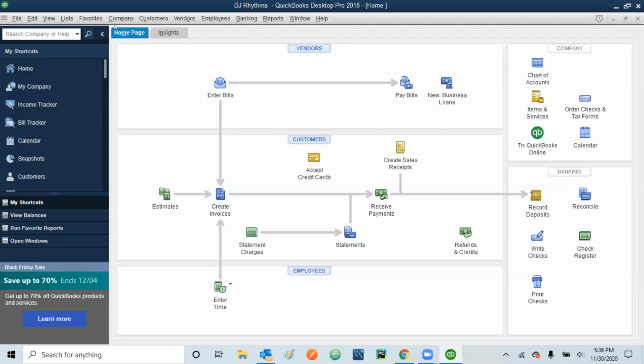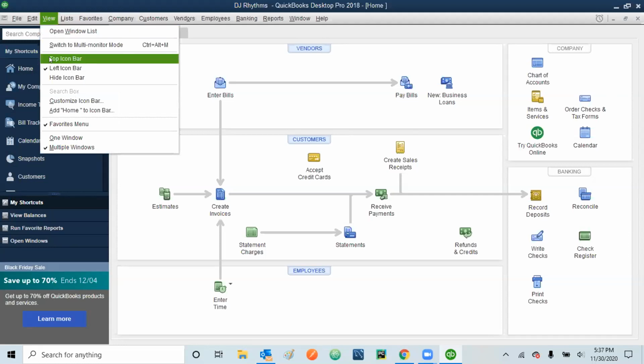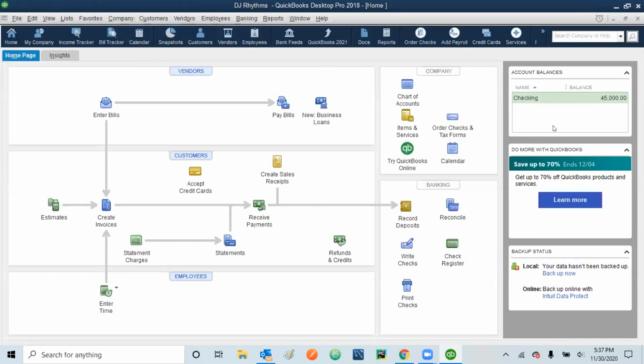If I move them on the top, on my right side, I can see my balances. So let me put the icons on the top. Now you can see my balance and everything appearing on the right side. That gives me a clearer picture of some of the accounts that I'm using most of the time. So let's start working with the exercise on page number 149.